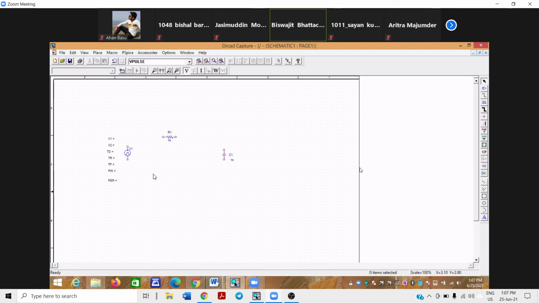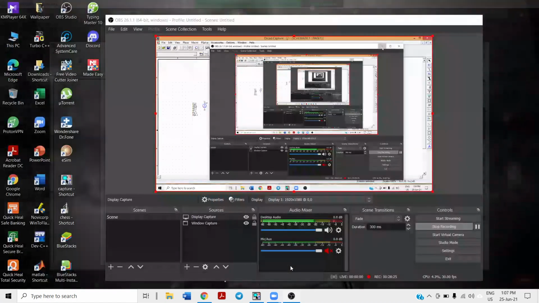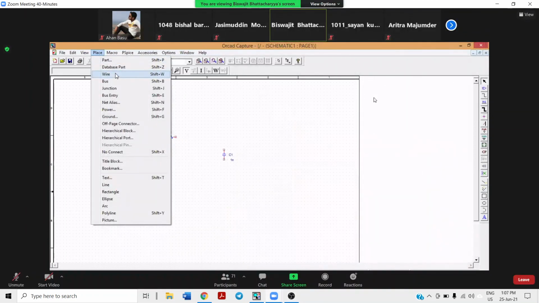So we will give this value, but before that we have to close the circuit. How? Go to place, go to part. Now, sorry, cancel. Go to place, then go to wire option.